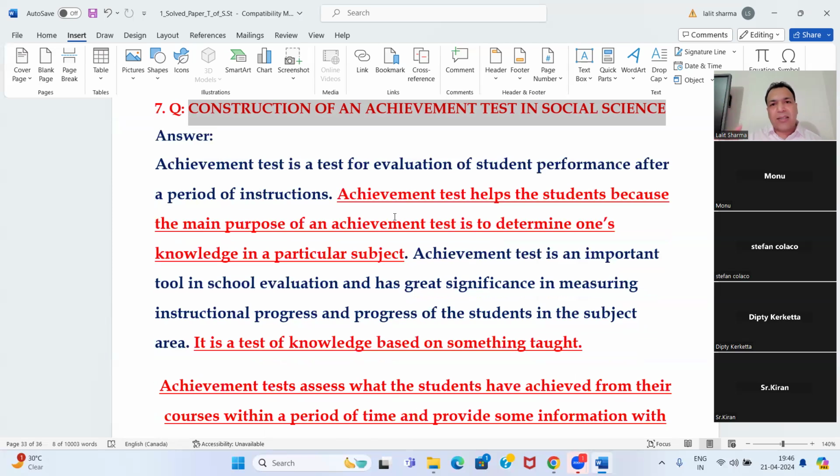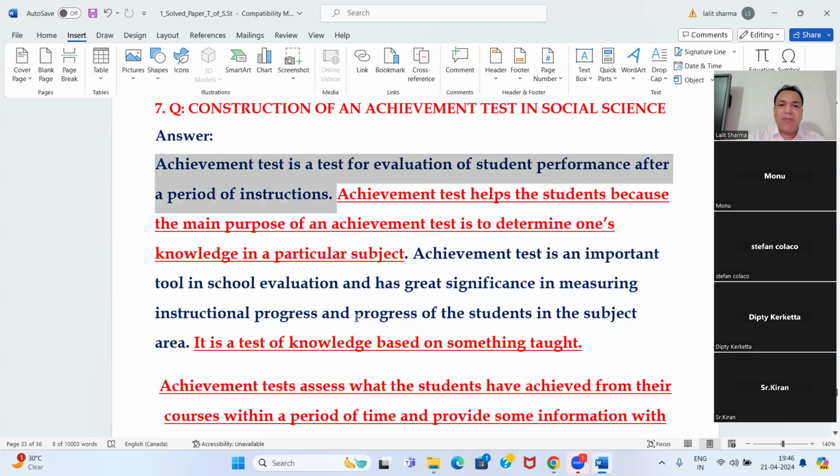Whether this question comes in SST, English, science, okay, you should have the knowledge of. You should have the knowledge of lesson plan. It can come in any of the teaching subjects. That's why I have told you, na, there are many topics that are common. Even 70, 80%, 90% topics are common. 80%, 90% तक, ठीक है? Achievement test देखिए क्या चीज होती है.